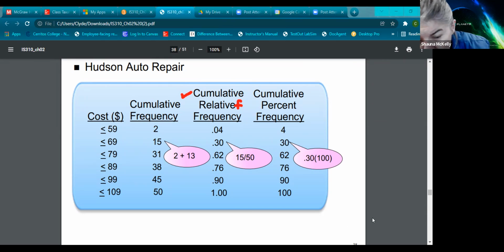Okay. Now notice here that when you do the cumulative relative frequency, the sum is more than 1, which is fine. And then the percent frequency is just this decimal multiplied by 100. But that's the difference between using the frequency and the cumulative relative frequency. So it's just the same mechanics with different numbers.